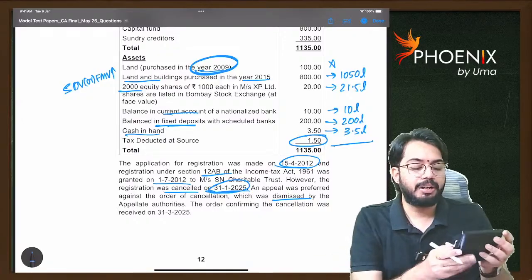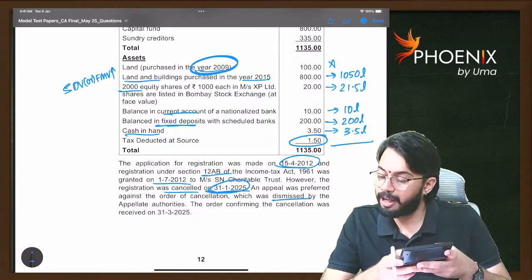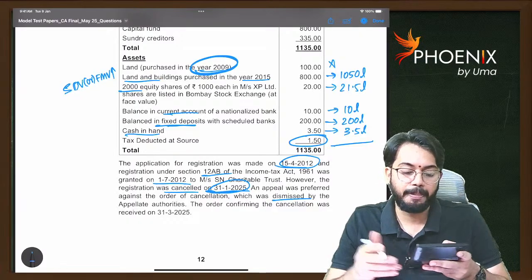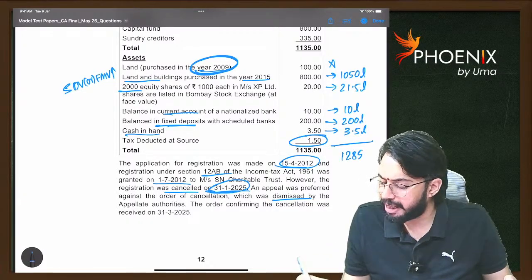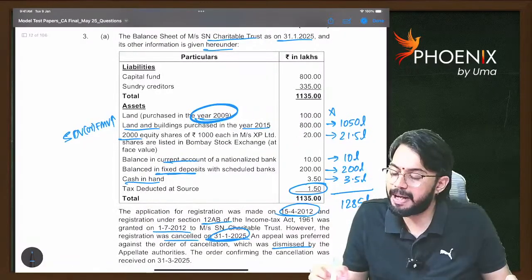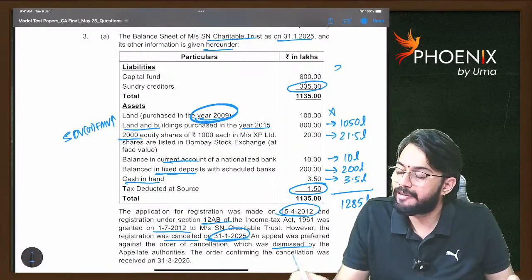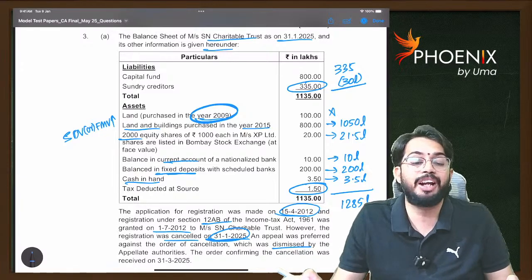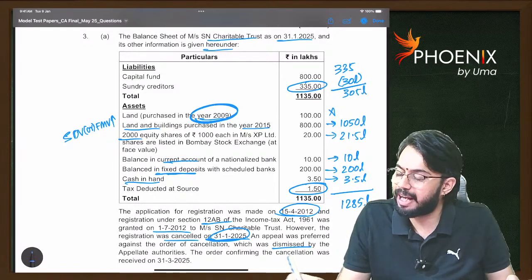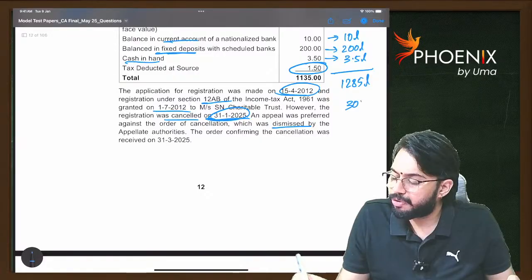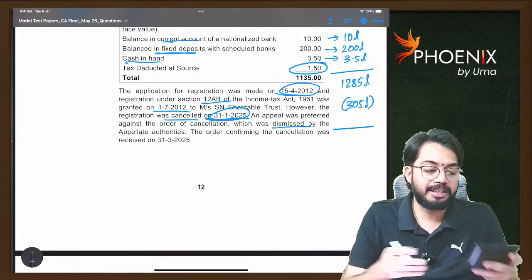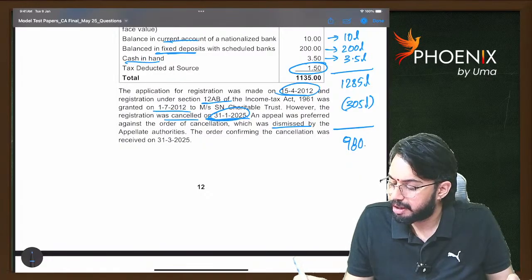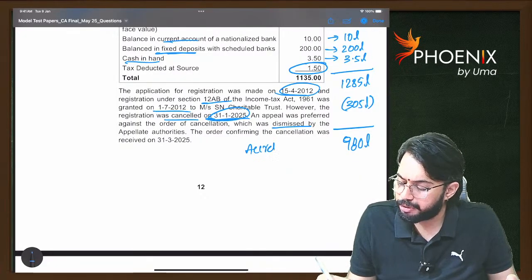So how much is the value of total assets? 1050 plus 21.5 plus 10 plus 200 plus 3.5, that is 1285. Liabilities, you will take sundry creditors. From sundry creditors also you need to exclude 30 lakhs because they are fictional, they are not actual. So 305 lakhs. So 1285 lakhs minus 305 lakhs, how much? 980 lakhs. So accreted income is equal to